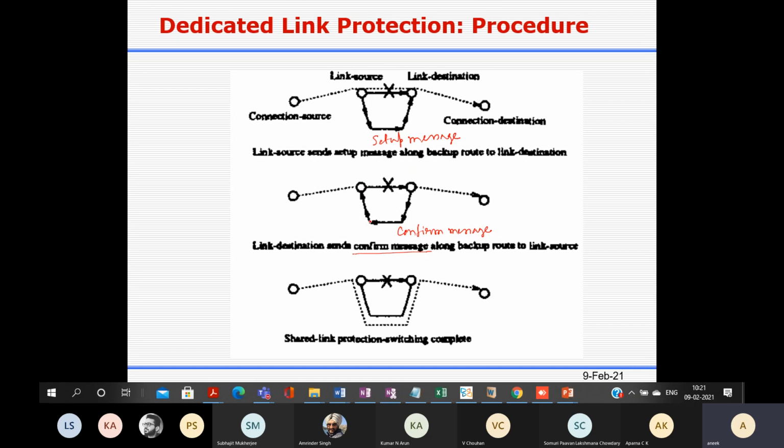So this is about the optical cross connects at the intermediate nodes. There was a node over here, there was a node over here. In these nodes, the optical cross connects were reconfigured. That's why you can send the setup message. You can send this setup message because the path was already there. The only issue was that you are not using it. Maybe here only, you are not accepting that signal.